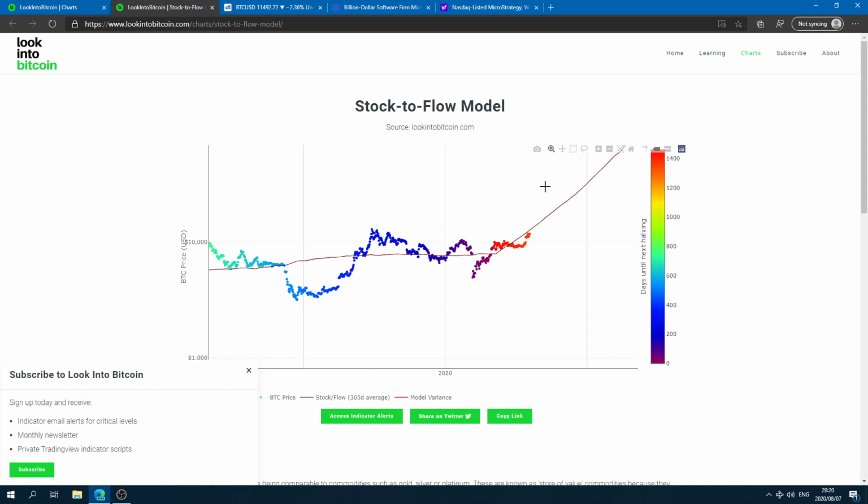Let's see. Now, the other thing I mentioned in my other videos is that you should take advantage of this once-in-a-lifetime opportunity. I called it because of this, and we're seeing other cryptos do very well as well. Ethereum, I said that the last 6 months, well, we've only got August, September, we've only got 5 months left, are going to be a once-in-a-lifetime opportunity, because there's a big difference in buying from 10,000 to 25,000. Massive. And that's when people, if they get in at that stage, the average person can only really afford